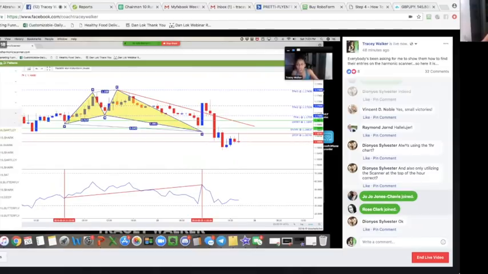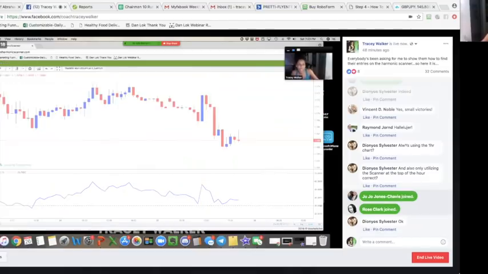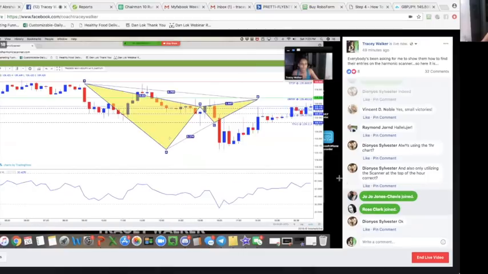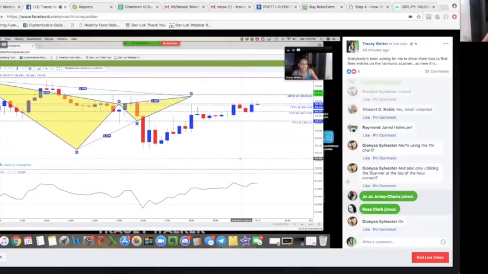All right, so here we go, 15-minute chart, USD JPY. Let's see what UJ was looking like before the market closed up. All right, here we go. This is another back test, right? Why? Because, well,